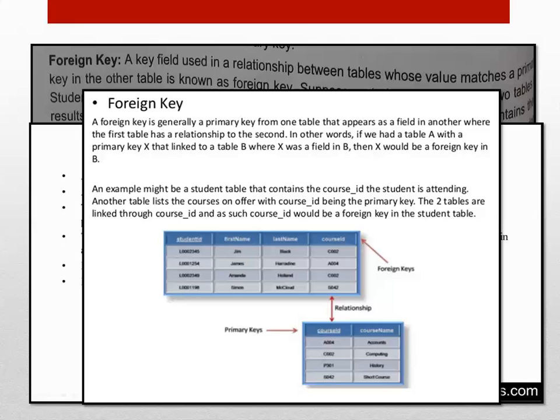So this is called a relationship and this is a child table. In the second table, it is a child table. The first table where we have a primary key is a parent table, and when we are using this primary key in the second table as a reference key, that table is called the child table. Okay, and you can make that primary key a foreign key in this table as a reference key.